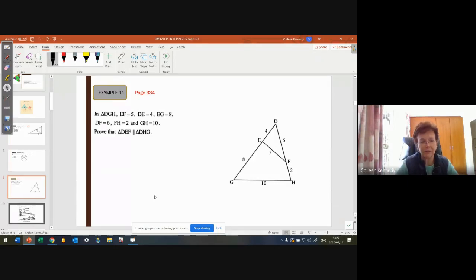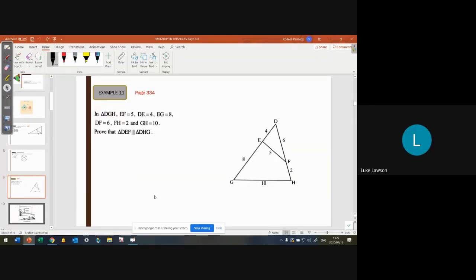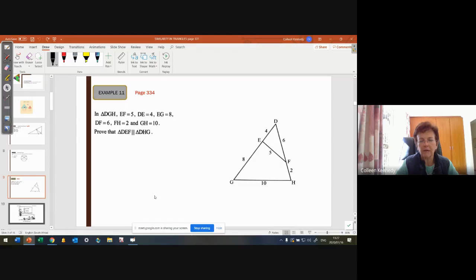What does the converse of the similarity theorem say? If the sides of the triangle are in proportion, all of the angles of the two similar triangles will be equal. Yeah, so they'll be equiangular. So if the corresponding sides of two triangles are in the same proportion, then the two triangles will be equiangular